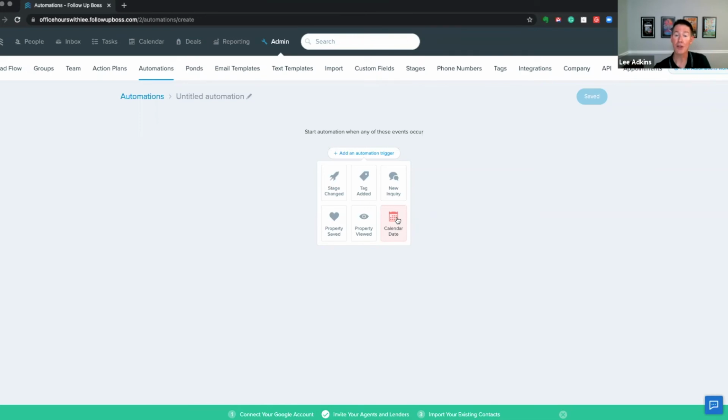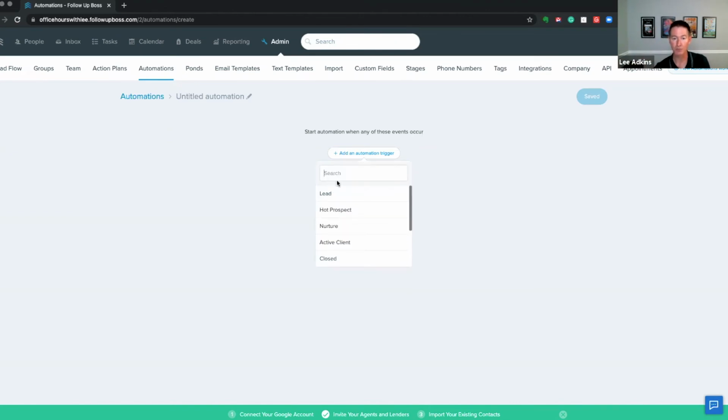So point being, you could say, hey, when the stage is changed to nurture, we want to trigger a nurture action plan. But once again, not to be crazy redundant, you've got to have your stages right, and the agents knowing what nurture means and what it does for them to put people into nurture. So this could trigger a plan that sends an email every 30 days or reminds the agent quarterly to follow up with them. Or if after they've been in nurture for a year, maybe it could move them to unresponsive. There are a number of things it could do, but these are really simple to set up.